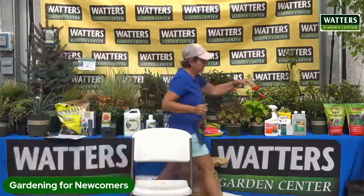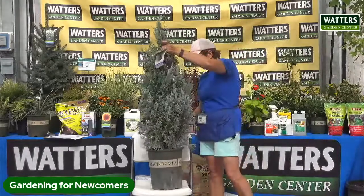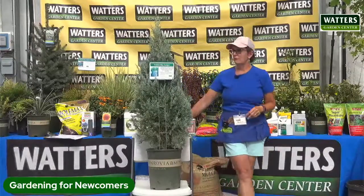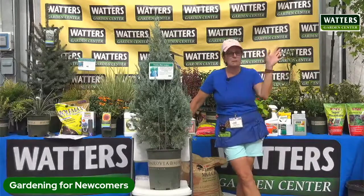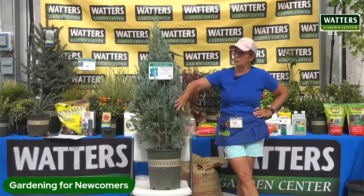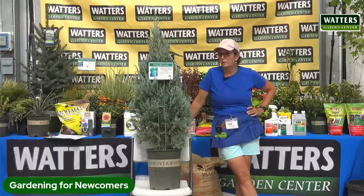While I'm on trees, let's do this one. A lot of people are talking about privacy, and we get neighbors that park RVs next to us or have an unsightly garage or something next door and want to kind of seal it off. These are Wichita Blue Juniper, a really pretty blue-spruce kind of color on them. And this will get about 12 feet tall and about 4 to 6 wide. So it's a nice